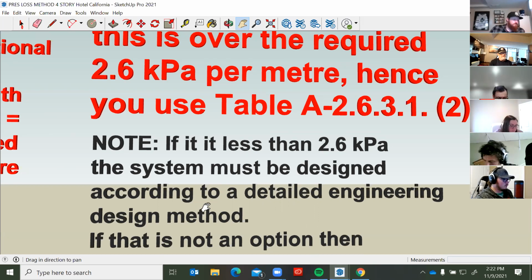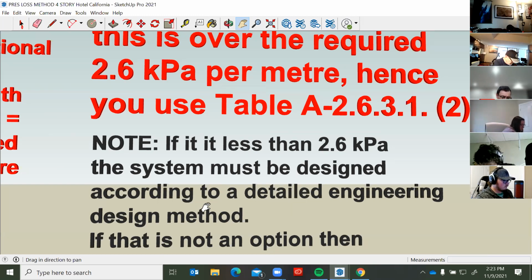Have you found it in your code book? It's right before the chart. It's right at the bottom, I think, the last couple of sentences. You see where it is? Yeah, I just found it. It's subsection E, I believe. On mine, it's on page Division B, A89, and it's subsection B. It's under where it's in bold, average pressure loss method, and go to the bottom of page 2, subsection B, and it's going to tell you that you have to consult with an engineer if it gets